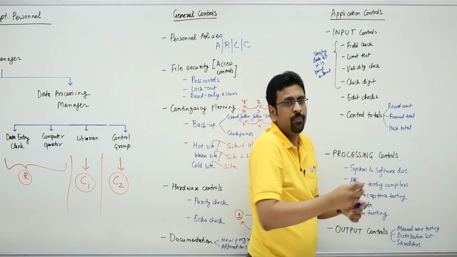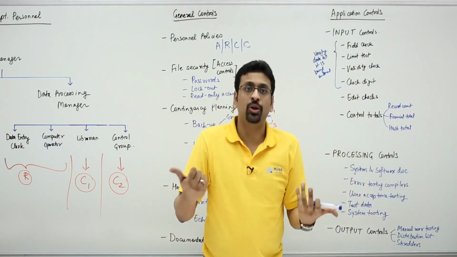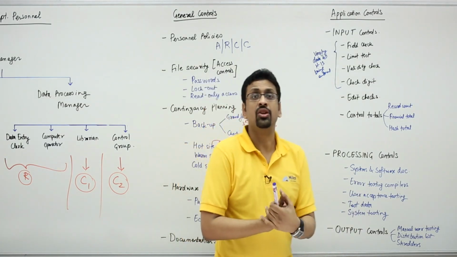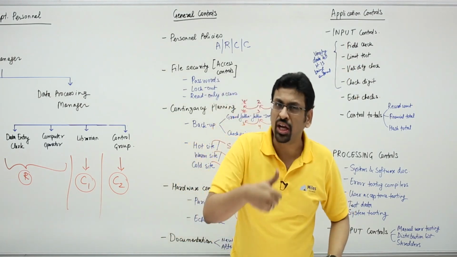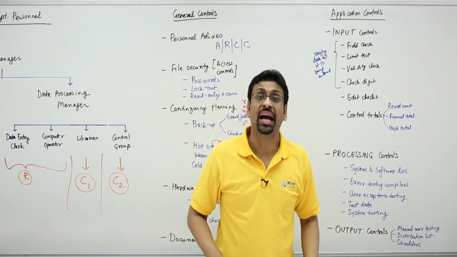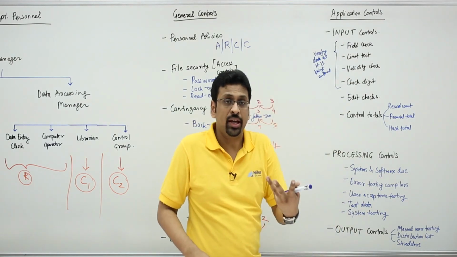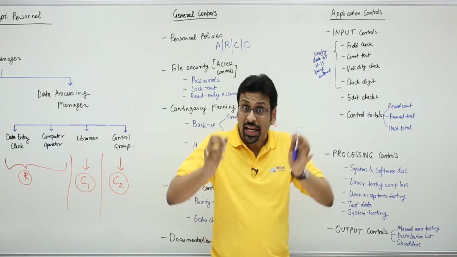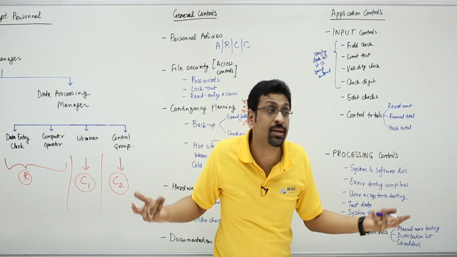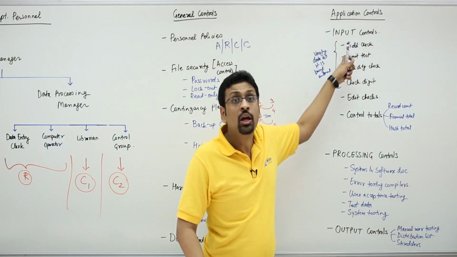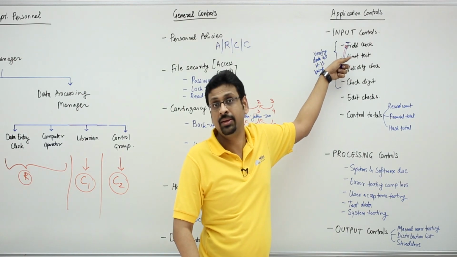In a field check, you want to validate whether the format of the input or the length of the input is okay. Let's say the input is a social security number, you might want to do a field check to ensure that only digits are entered, not letters. You could use a limit check to ensure that only 9 characters are accepted. The moment you enter 10 characters, the system won't accept because it's beyond the limit. If you enter 8, again, it's below the limit, won't accept. So that's a limit test.